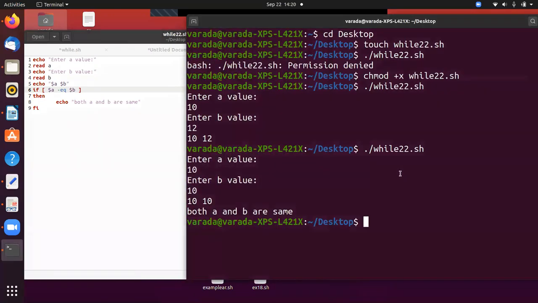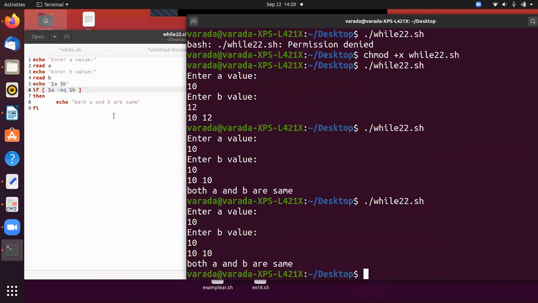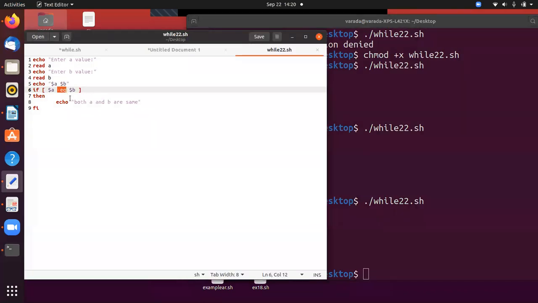Save. In some Unix operating systems, if equals to is not working, then you give hyphen EQ. So hyphen EQ is the operator that is the equals to symbol.